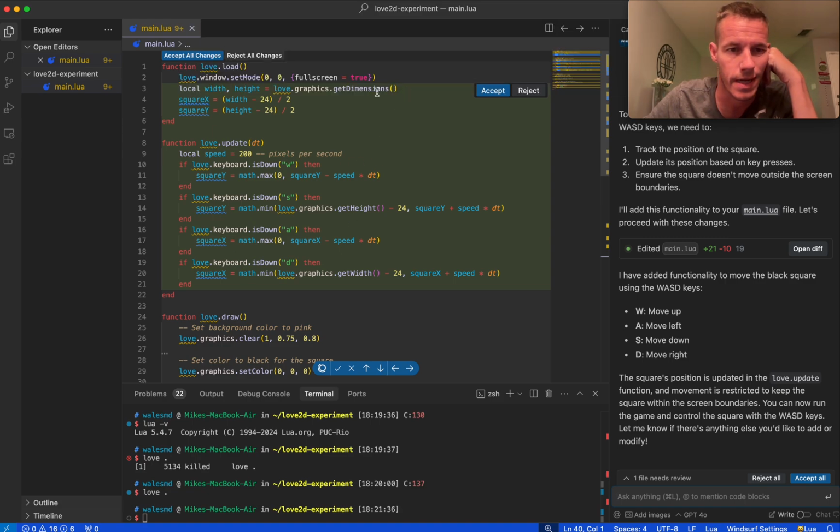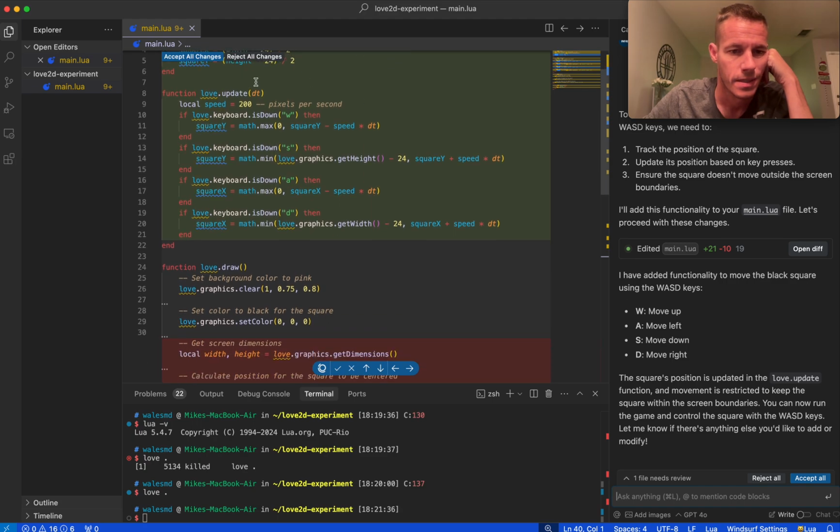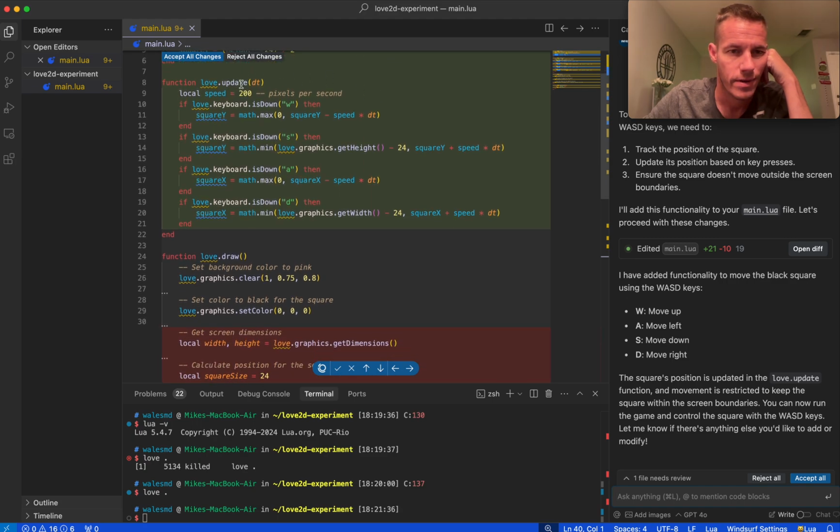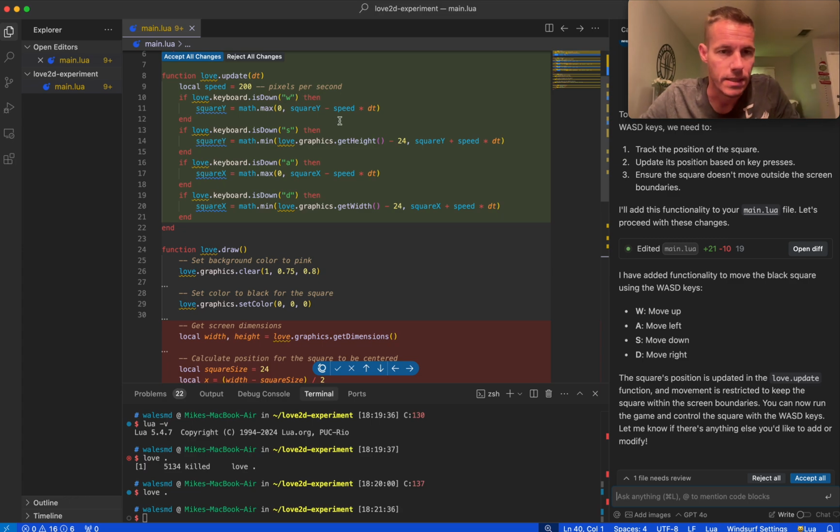So we need to know the screen height. Okay, so that is setting like the middle of the screen position. Okay, on every update, so this is every tick of the game. That's what the DT is for. It's like time delta, essentially. How fast do we want to move? And then if the W key is pressed, we want to move up the screen, Y up. If S is pressed,